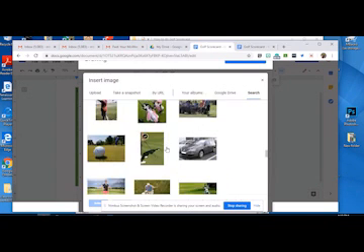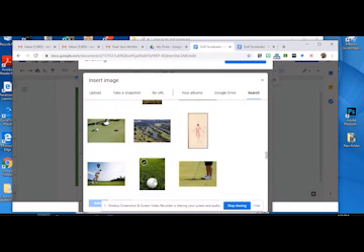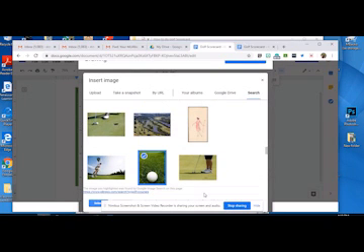And let's see, which one will I use? I'm going to use this one right here. I like the ones that are a little bit taller. They fit in the box a little bit better. Ones that are wider, you have to kind of stretch out. So I'm going to click that, hit select,